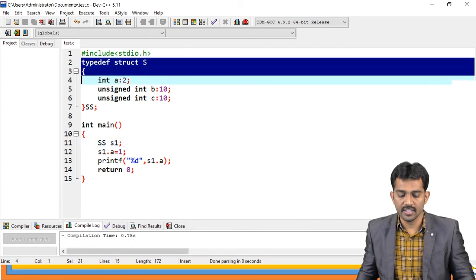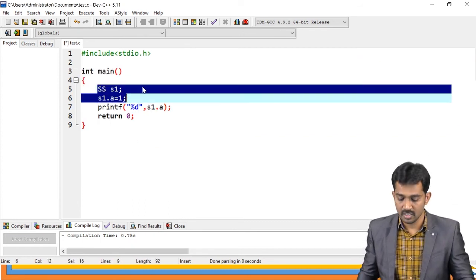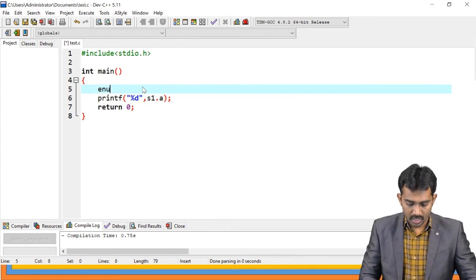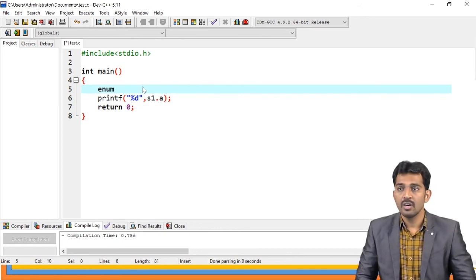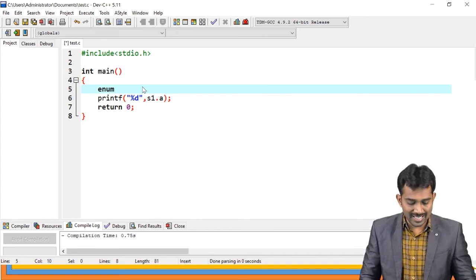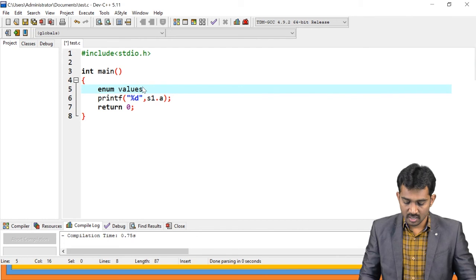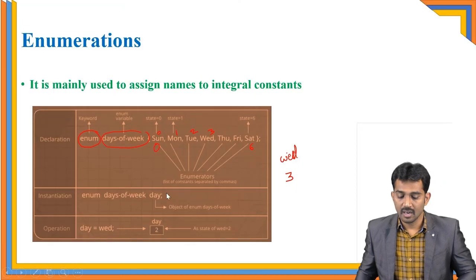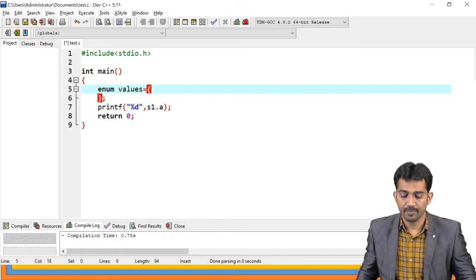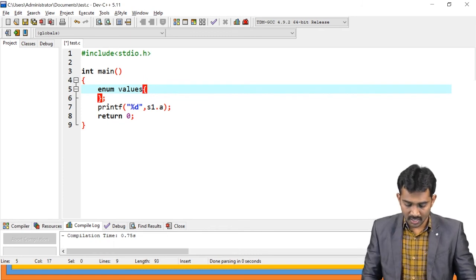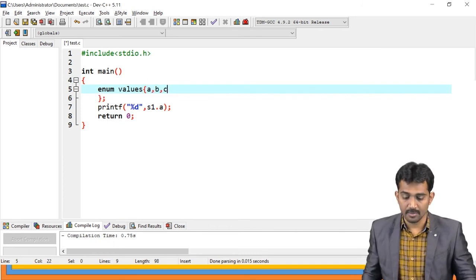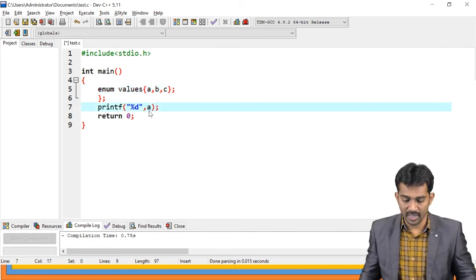See, structure is not required. In this case, I am going to remove all these things. Instead of this, you just use enum. See, if you consider days, so values equal to, see how it is, values here A, B, C. If you assign A, B, C, then if you print A, see what value it is going to display.